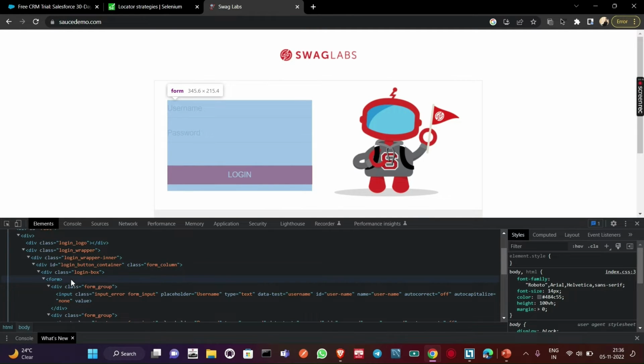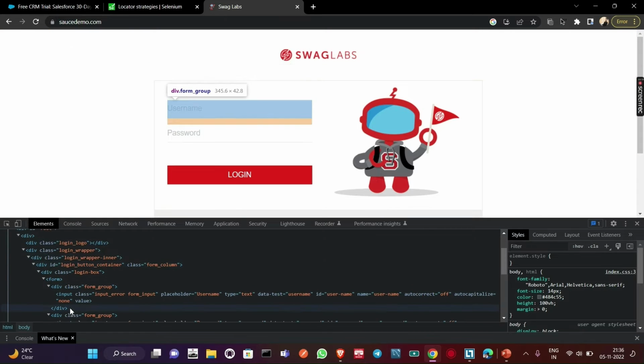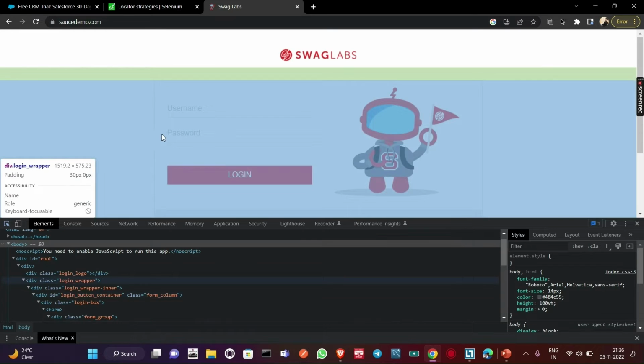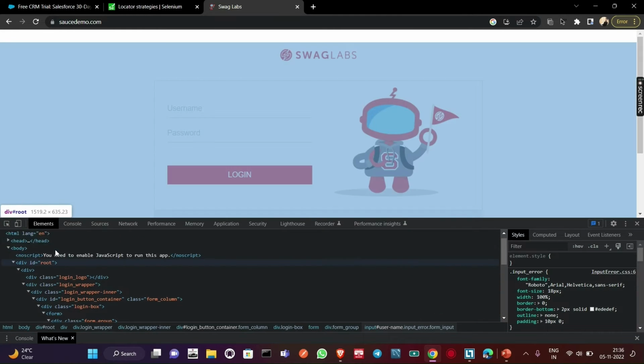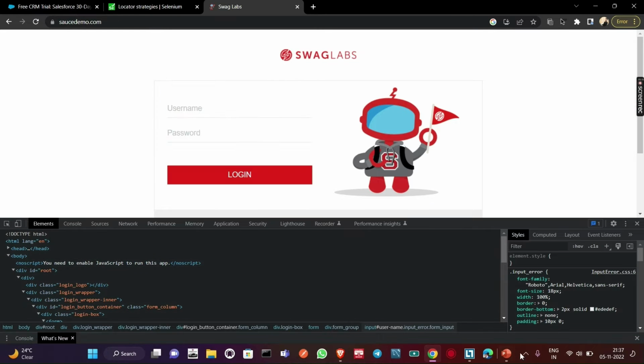This is what is used by XPath to locate a particular element. We are going to climb down to the particular element we need to reach. For example, we are going to locate this particular username, so we are going to start from here and get down over here using a particular syntax. Coming back to our presentation,